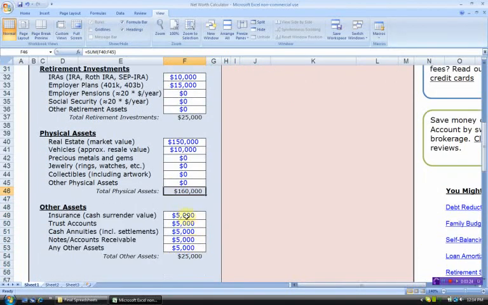Finally, we have a section here for other assets. I do not have any of these. Insurance, trust accounts, cash annuities, do not have those, so my total other assets is going to be 0. So that's an overview of the asset section. We'll scroll up a little bit,